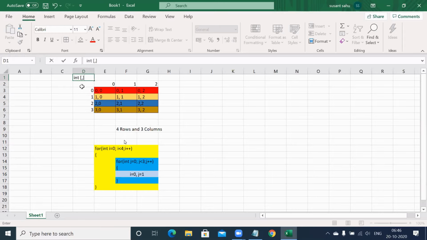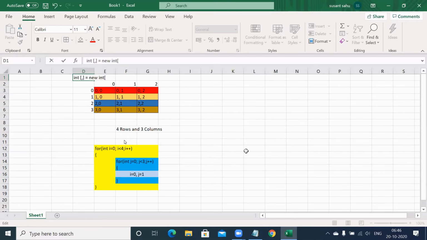Dimension 1, comma, dimension 2. Means length, comma, width. Row, comma, column, whatever it is. Somebody may consider it as length, comma, width, or you consider it as row numbers, comma, column numbers, whatever it is. But that comma is required. After that, you have to say equal to symbol as usual. Then new integer again.